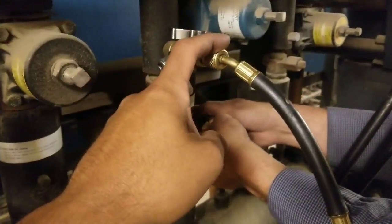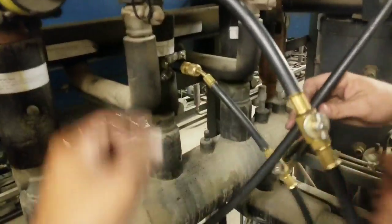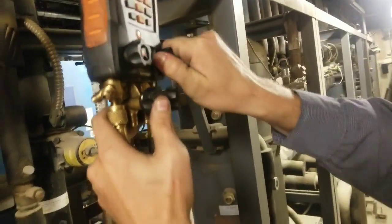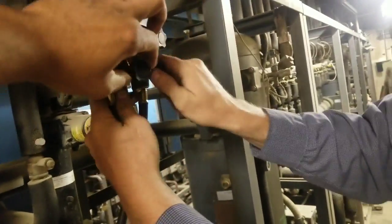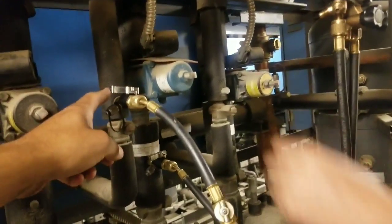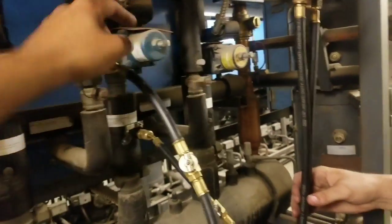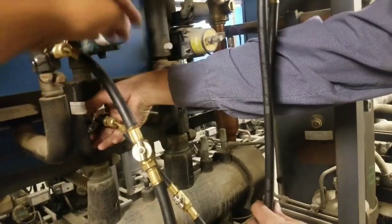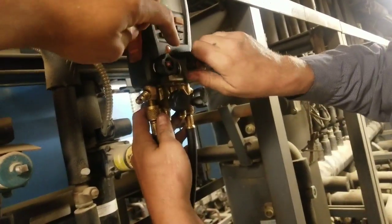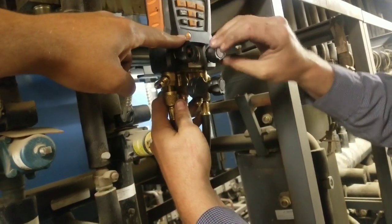Okay, now that we got both of them hooked on, what we're going to do is make sure that these are closed on both sides, and then these are closed too because they're not hooked up. You're going to go ahead and open these up on both sides. You're going to first open your suction, open up this line, and then you're going to open up this one,